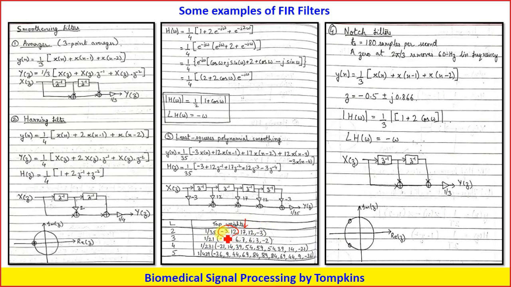Okay, sir. So see, if it is 2, minus 3, 12. Now after this midpoint, 2 digits are getting repeated. Then when L is equal to 3, it is minus 2, 3, 6. 3 points are repeating after the midpoint. Okay, sir. Yeah. So it is the number of points which would be getting repeated. Okay.